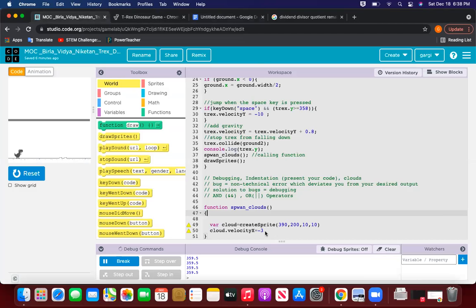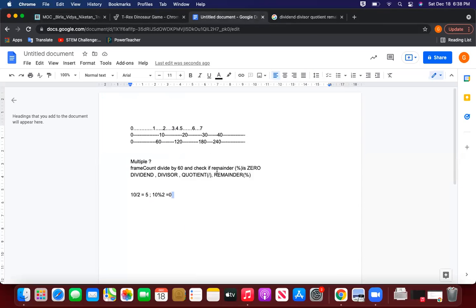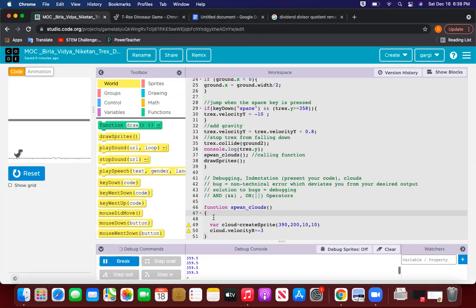Now, the same thing, I will go and code it here. So this part is my condition. I am telling it if the remainder is, so we will create an if condition. We will say if, and in the brackets you tell what you want as a condition. The condition is to look at the frame count. Is it hanging? One second, let me just refresh because it keeps on hanging.